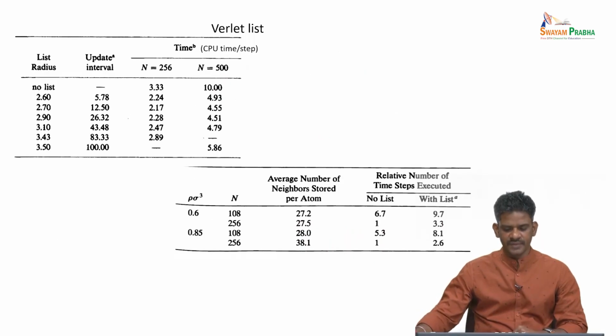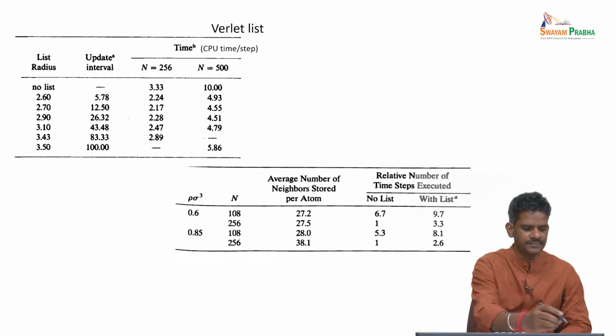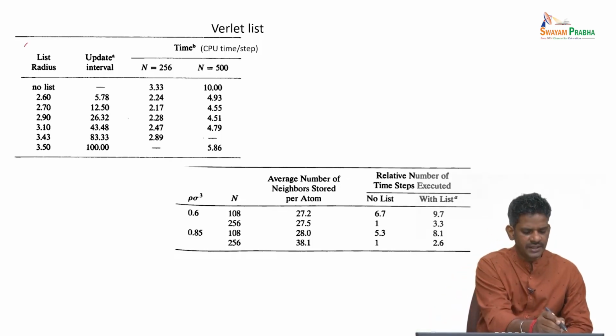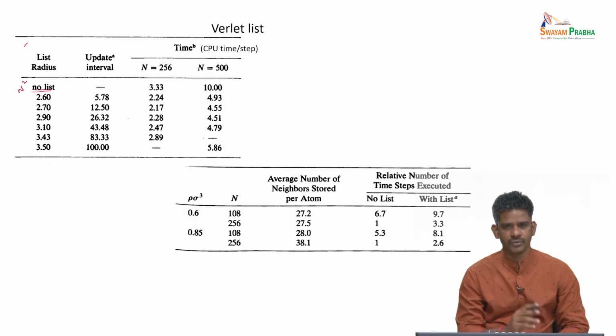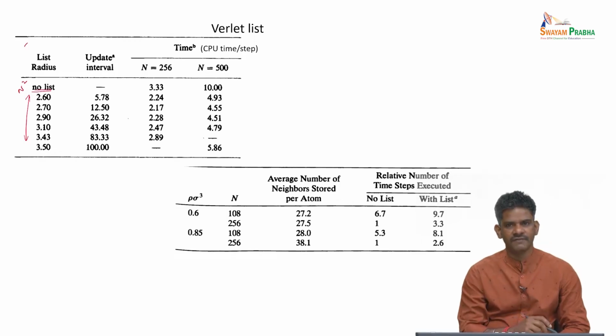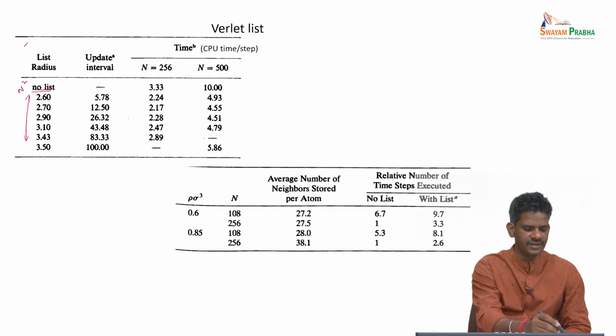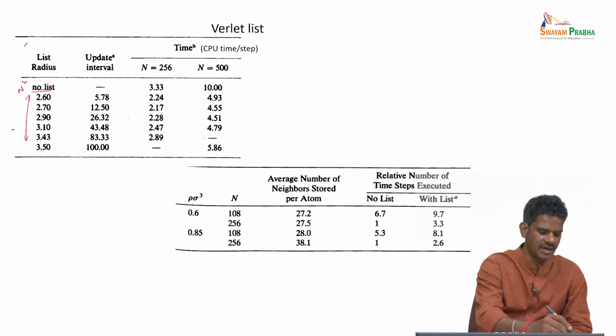So the use of such an approach is illustrated in this particular example. There are two different kinds of simulations. At the top, we have looked at the no list condition. That means we will be doing N square operations, without any list, only a truncation potential. Then there is a set of additional simulations where the Verlet list is constructed with a different list radius. So this is basically the RL,